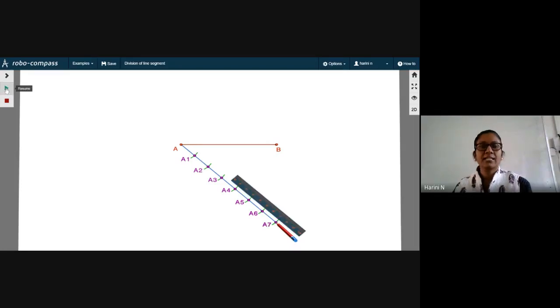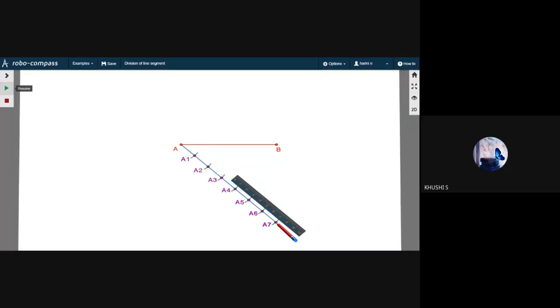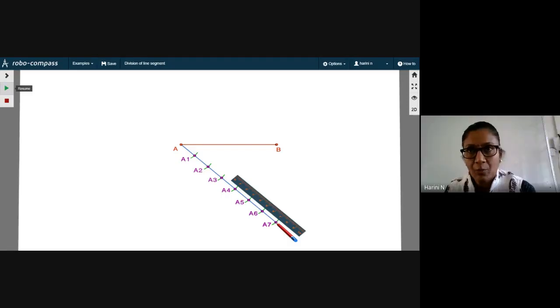So don't worry about the numbers which are coming up there. Okay, so that is your A1 to A7. You have marked all the arcs and the point of intersection between the arc and the line will be neatly marked as A1, A2, A3, A4, etc. till A7. Could you complete it till A7? Yes, ma'am. Good. I'm still waiting if somebody has not completed. Please do it because the next step is very important for me.